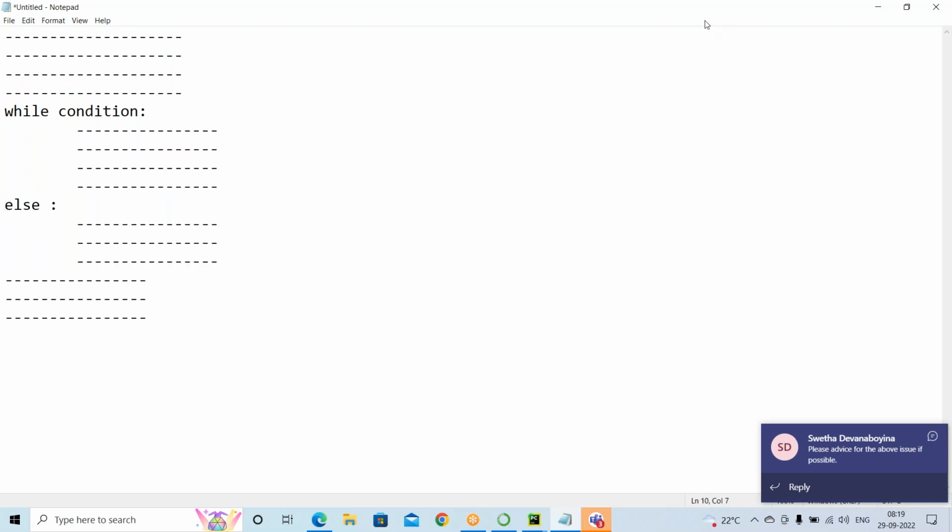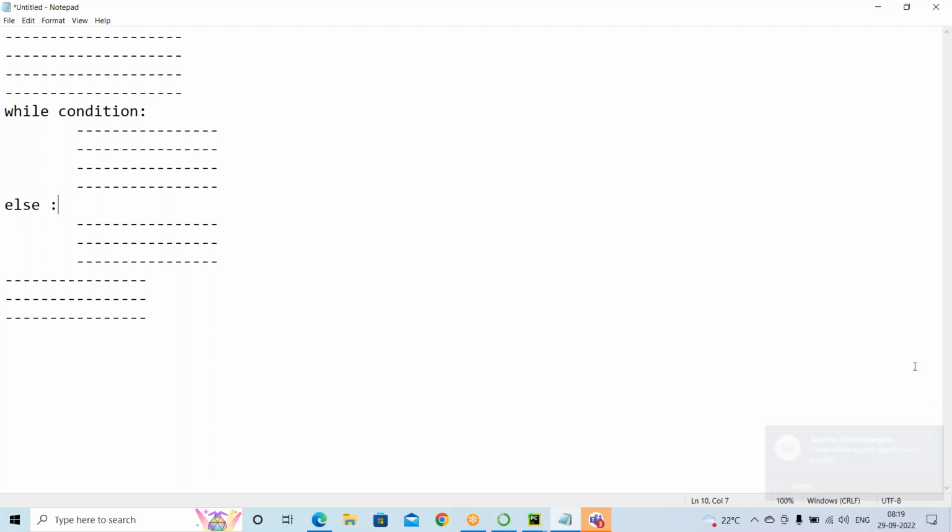Now see the execution flow. If you understand, the first line is executed, second line, third line, fourth line, because these are program level, higher level. Next, the while statement is also program level, so this statement is also executed. Here it verifies the condition, because the while loop works completely based on the condition. If the condition is true, enter into the while and execute the statements in the while block,